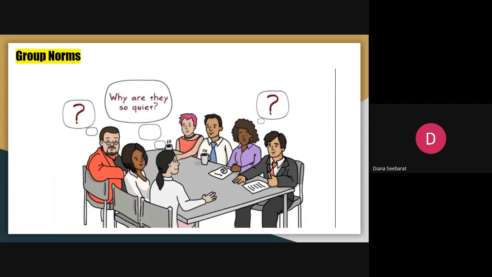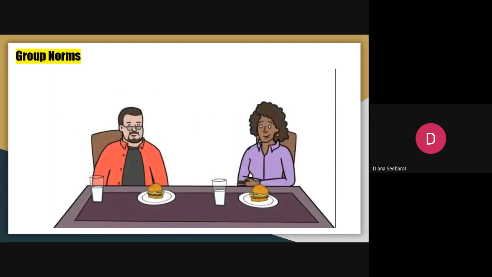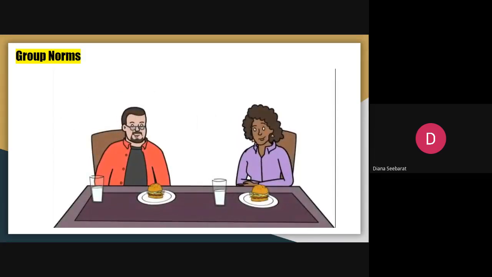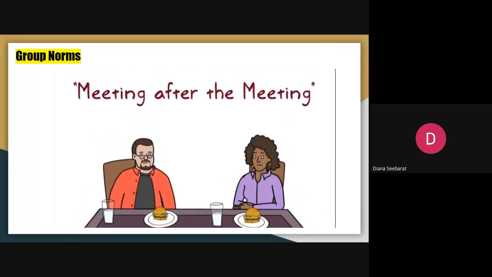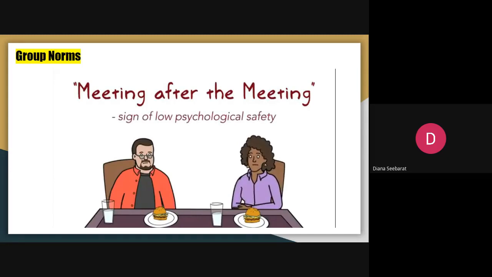Kate, who is leading the meeting, is wondering why no one on her team is asking questions, but moves forward with the new way of doing things. Later that day at lunch, Noah and Tasha complain to each other about the new process. Does this sound familiar? Instead of speaking up within the large group, Noah and Tasha had a meeting after the meeting. This happened because they don't feel the team is a safe place to share their true thoughts, a common problem called low psychological safety.